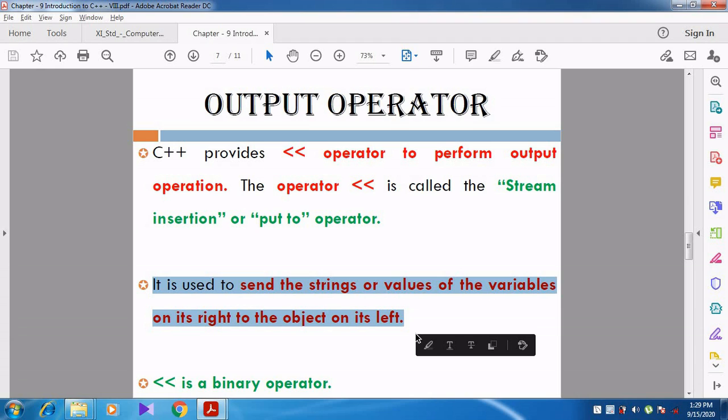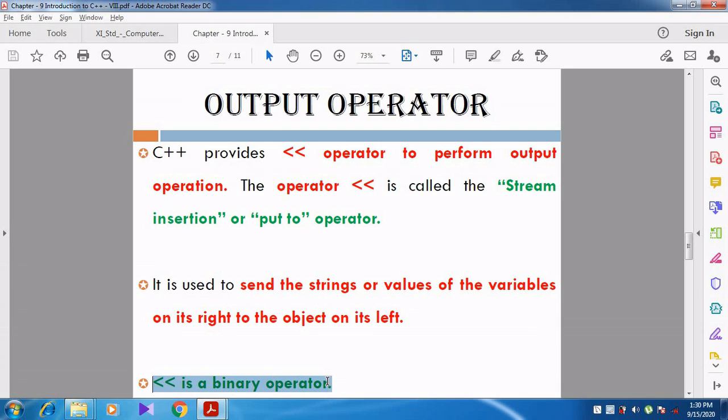First of all, Cin takes the value and assigns it to the variable on its right. But now it takes the variable's value and passes it to the predefined object. What is a predefined object? In the input statement, Cin is the predefined object. In the output statement, Cout is the predefined object. That is a predefined identifier. Can you understand, students? It takes the value from the variable on its right side and passes it to the object on its left side. So what is the object? Cout is the object.